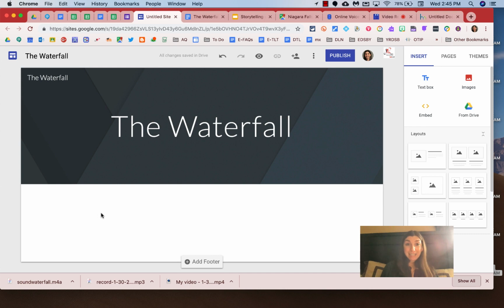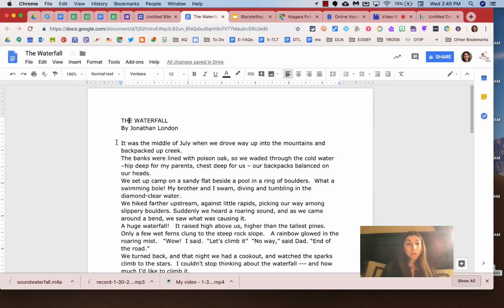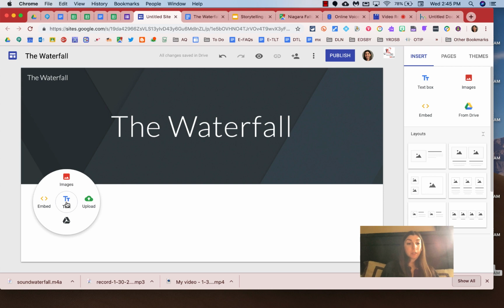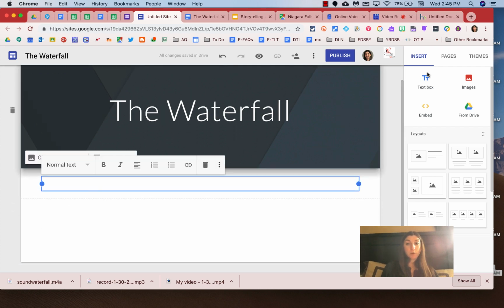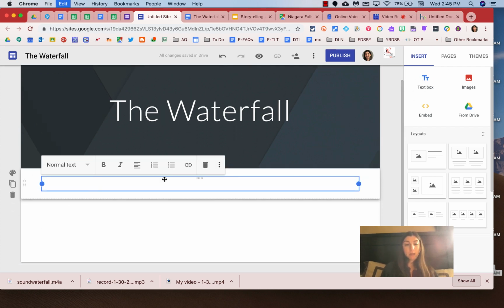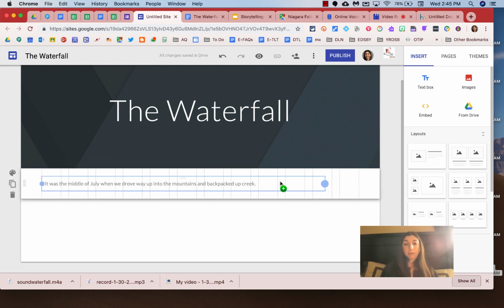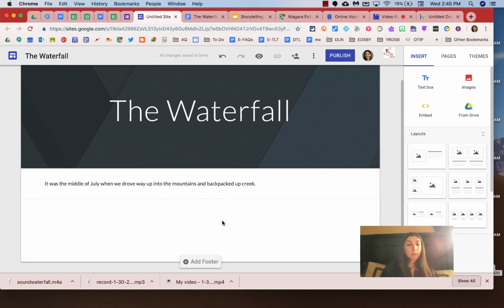Let's get some text to add to our story. So let's say I'll take this little bit. We will double click and add some text. Of course, I could have gone up here and pressed text as well. And let's paste it right over there. Make it like this. Now, it was the middle of July when we drove way up into the mountains and